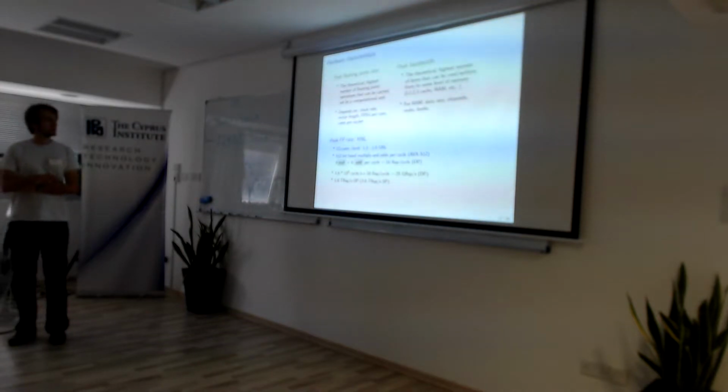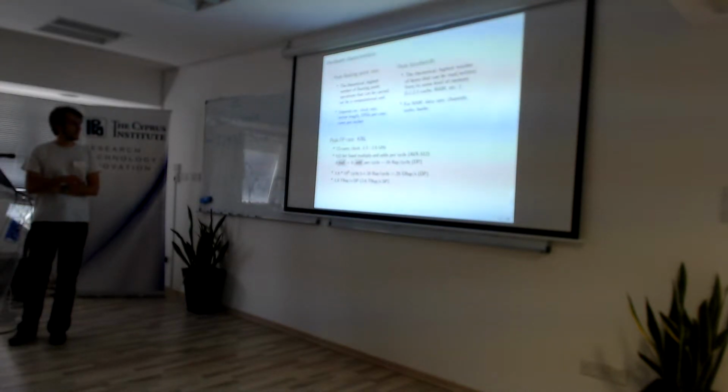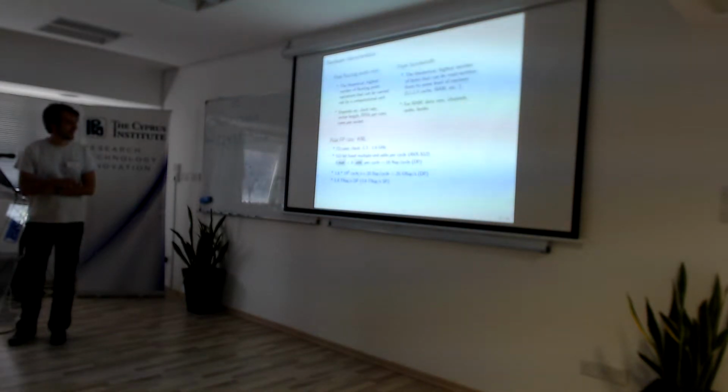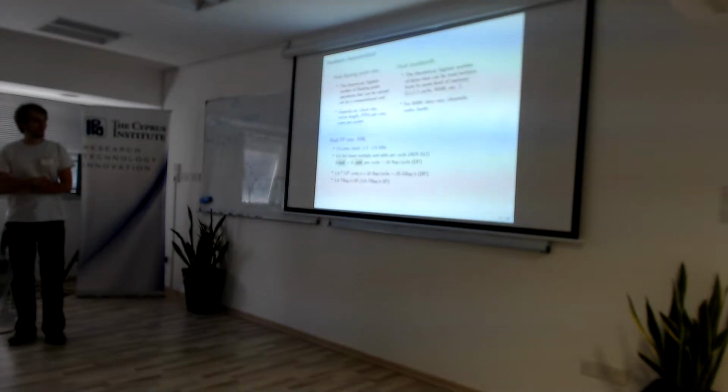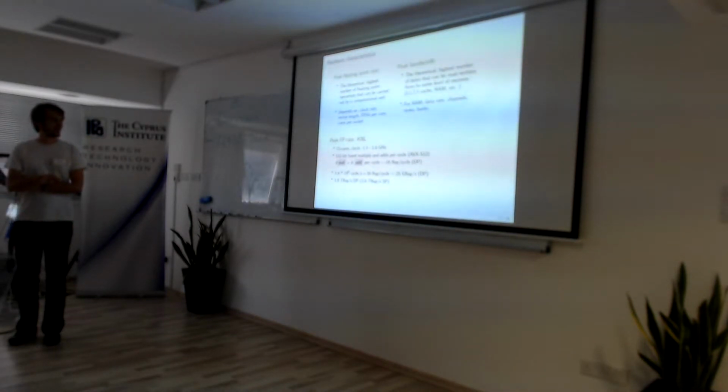Say you have a clock rate of 1.6 times 10 to the power 9 cycles per second, so 1.6 gigahertz, you get a rate of 25 gigaflops